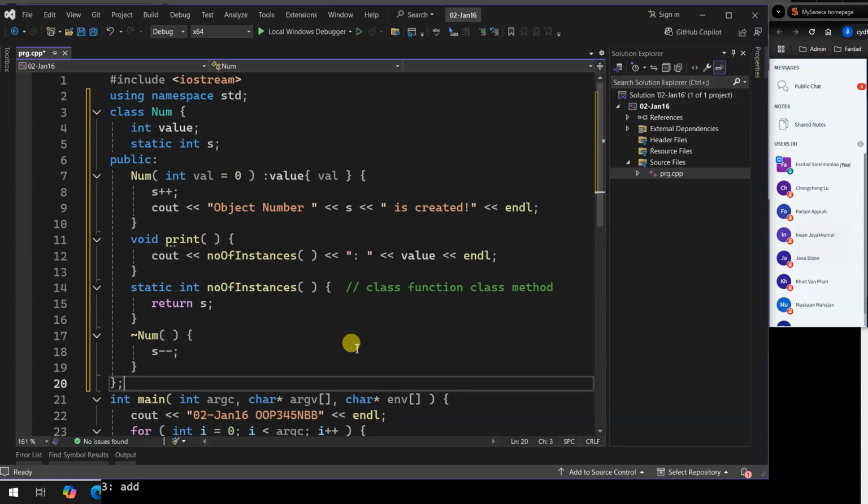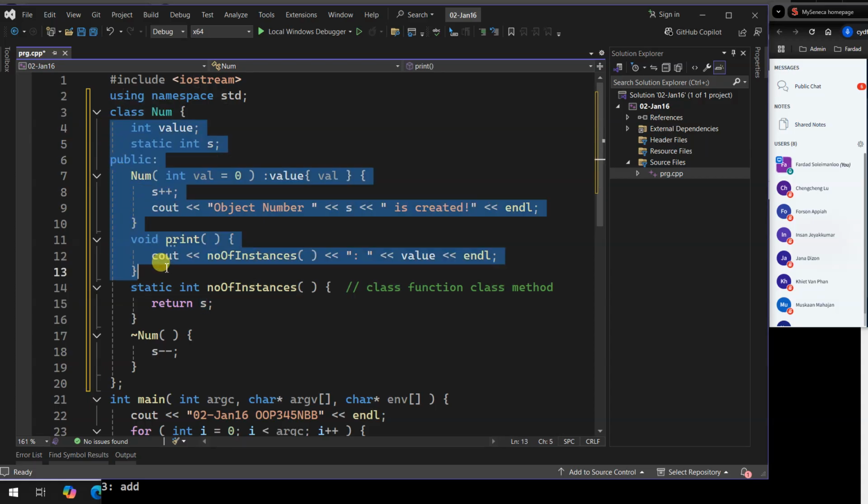It hides information, which means if I create 50 instances of num, each num has its own value, right? But when you make it static, I can only create 1 instance of that static variable. Although s's accessibility is within the class itself,